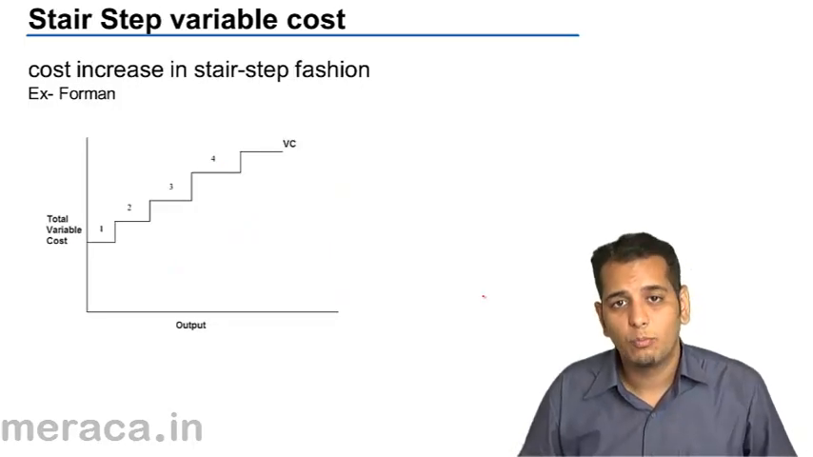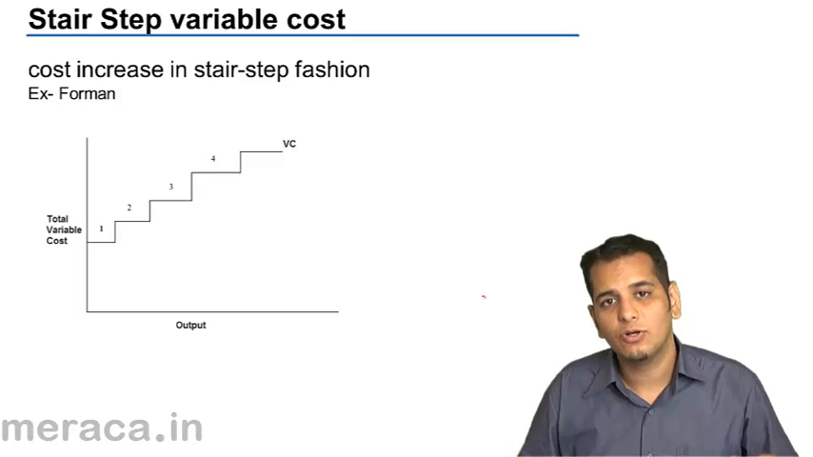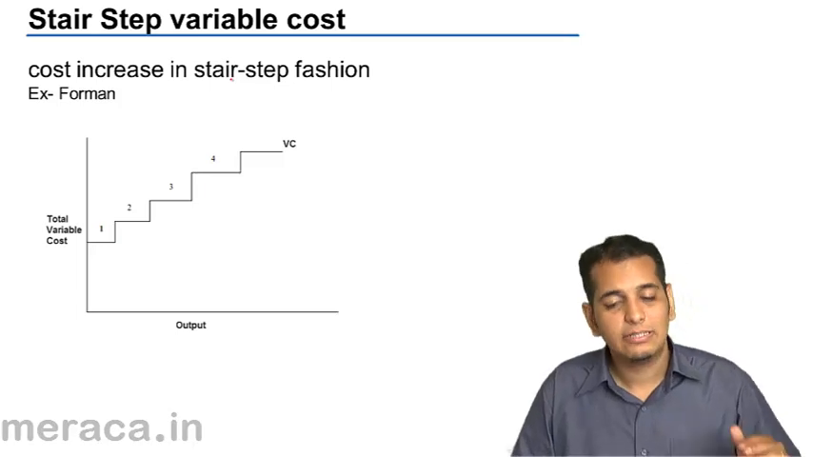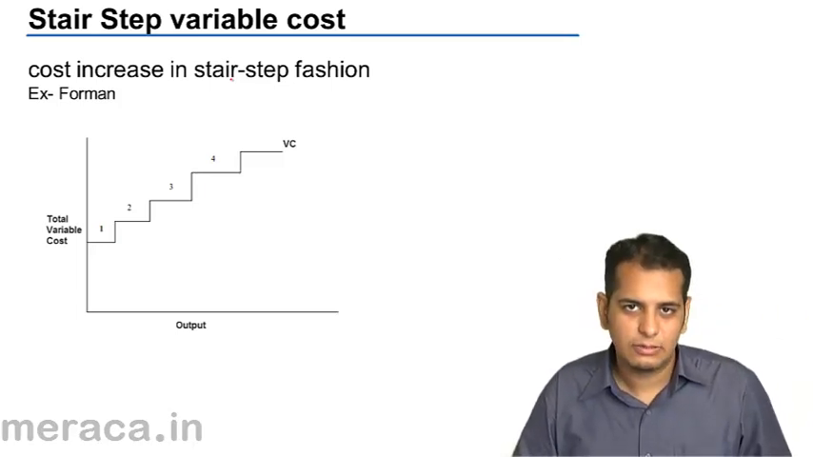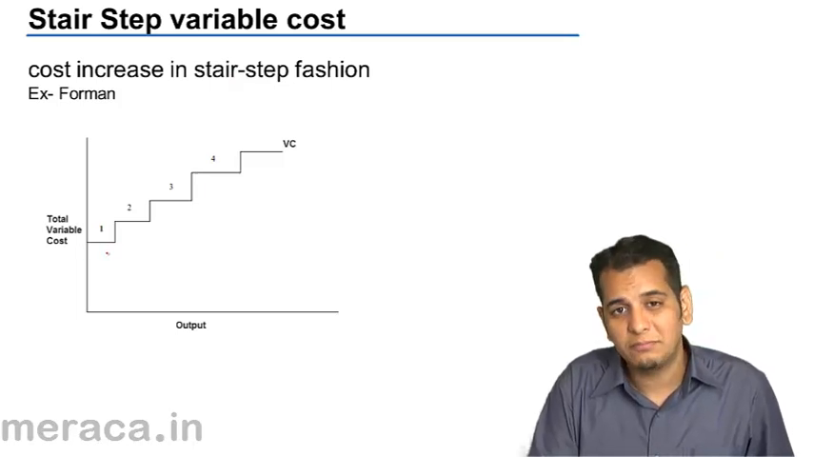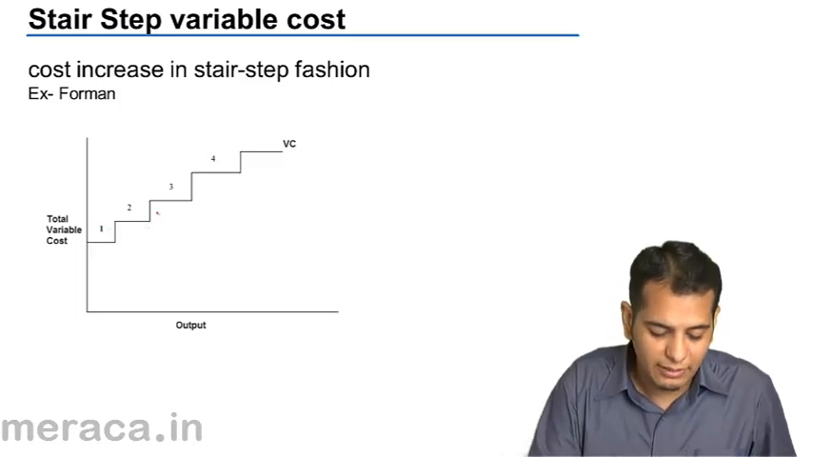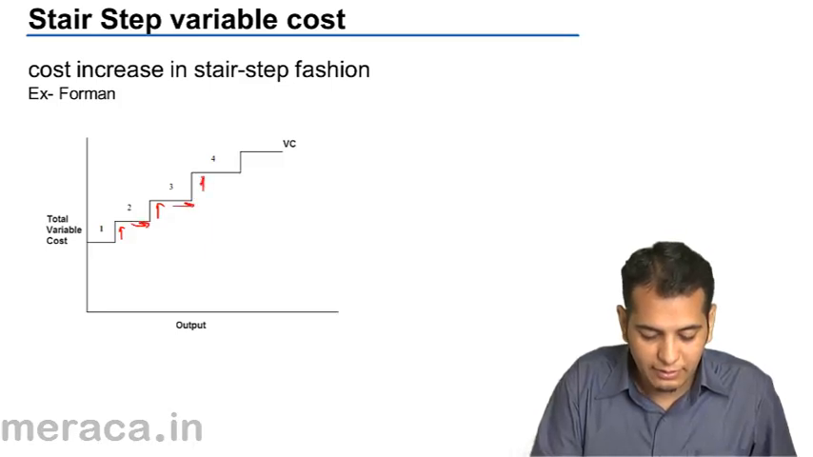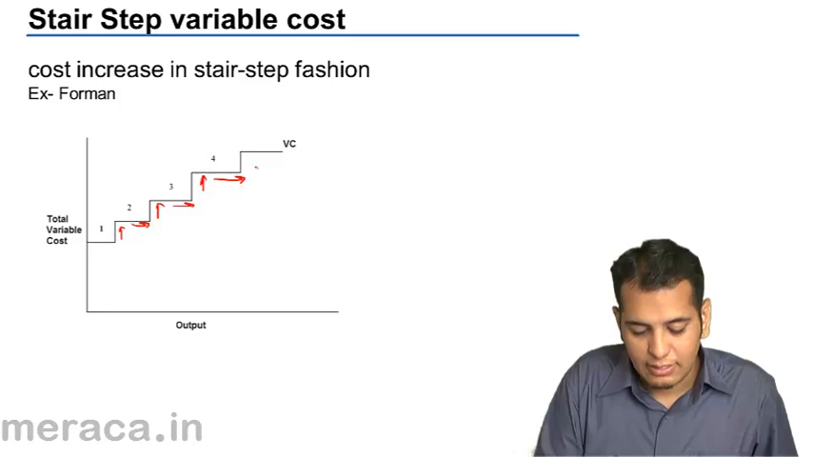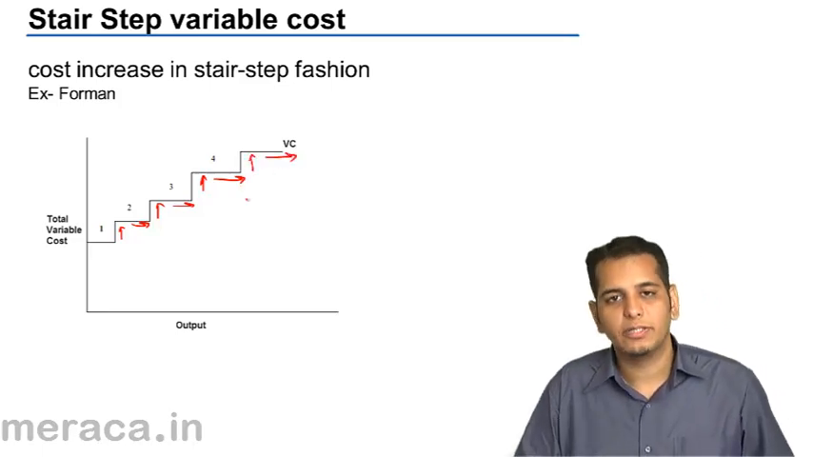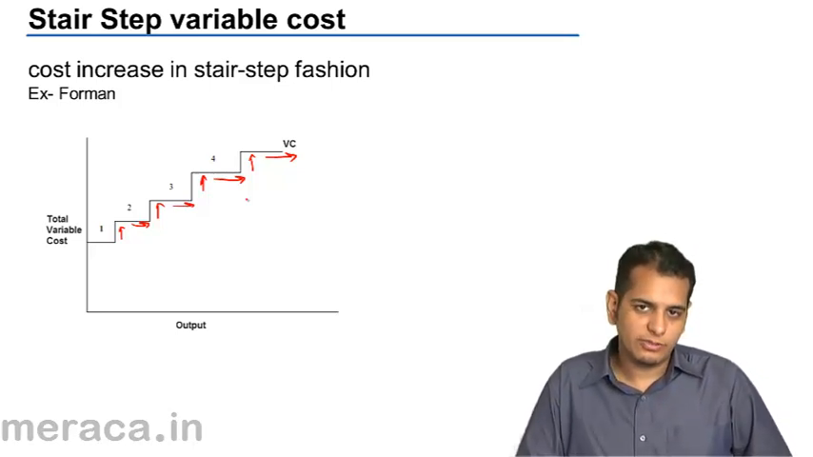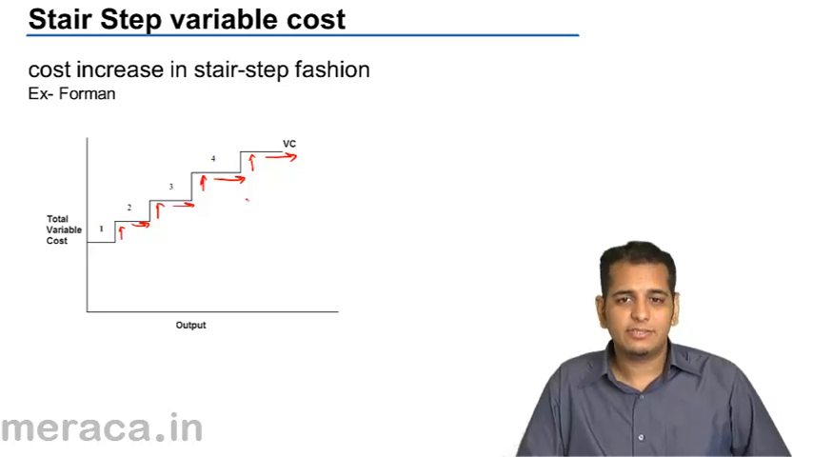Now let's understand what are stair-step variable cost or step-up variable cost. This cost increases in a stair-step like fashion. It remains fixed for some time and then suddenly jumps up, and then again remains fixed for some time, again jumps up, again remains fixed for some time and then again jumps up, and this pattern keeps on continuing. One of the best examples that you can give for this cost is the machinery. Let's say a machinery